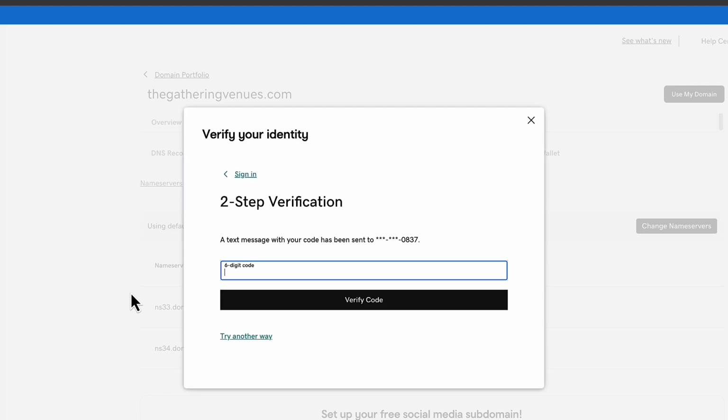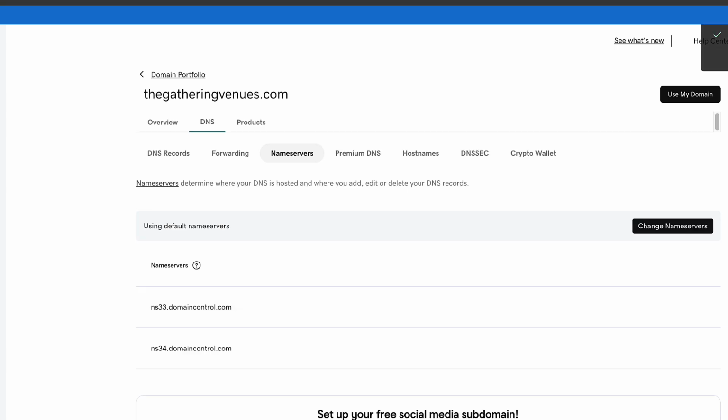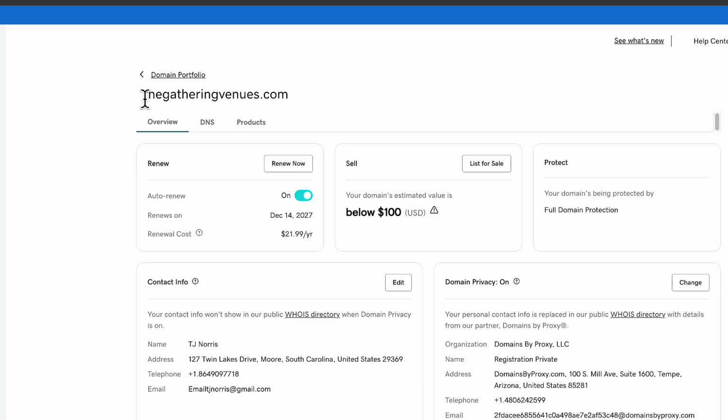And it's going to send a code to my cell phone. And I'm going to look here. Complete. And then once you verify your identity, it will say, all right, great, success. And you're going to see the new name servers